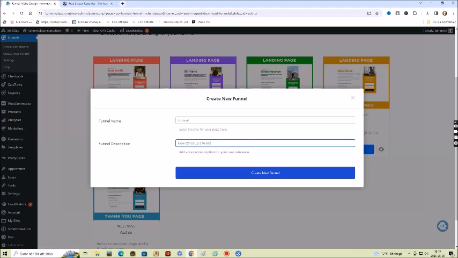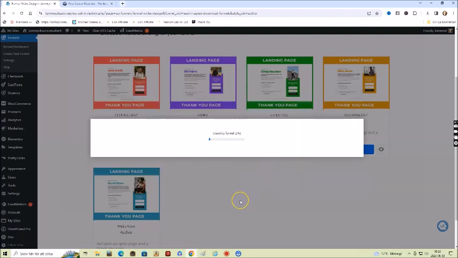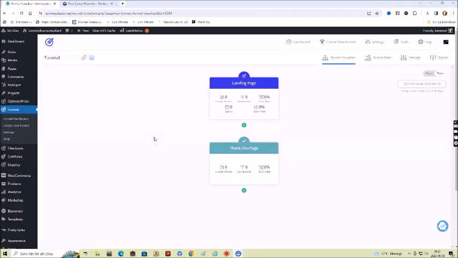So here is where you will see the statistics of your funnel. Here you have a landing page and a thank you page. You can choose to create a funnel with more steps, but to edit, you hover over there and click on edit. Then here you can choose split test when you want to create another page for A/B testing, and you can copy the funnel page link when you want to promote it or redirect the domain to it by clicking there, and then choose to edit in the OptimizePress builder.